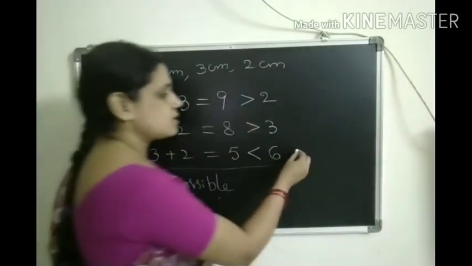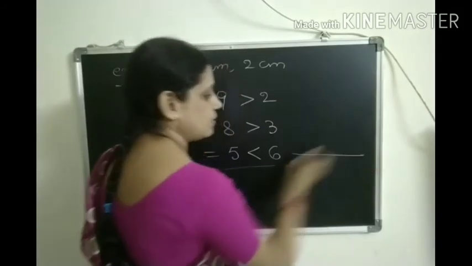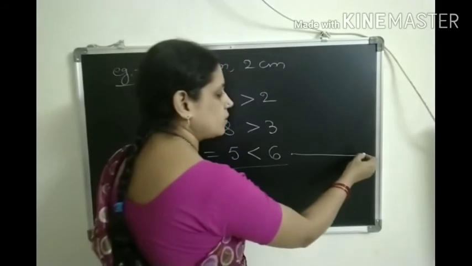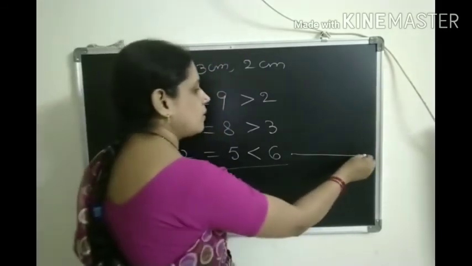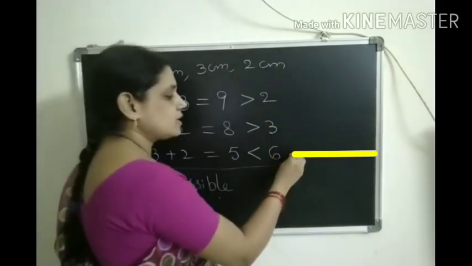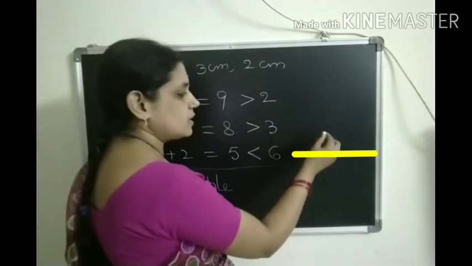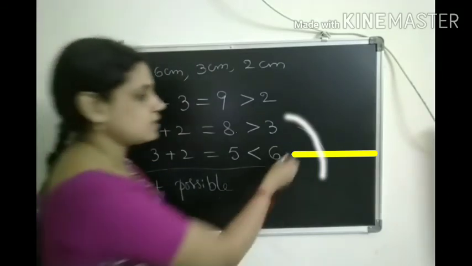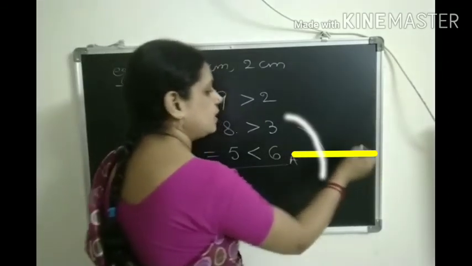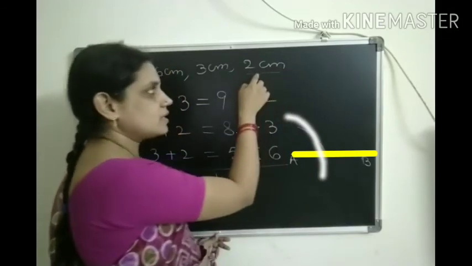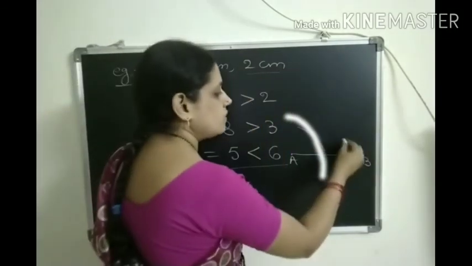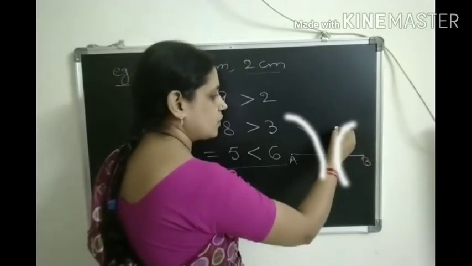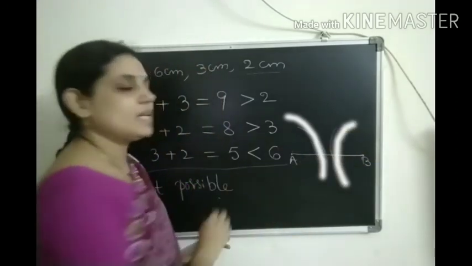So here 6 centimeters we can take as the base. Okay, 6 centimeters, you have to draw one line segment. That's what we are going to do in the practical geometry chapter. Okay, now with 3 centimeters we have to draw an arc using compass. With 3 centimeters you have to draw an arc using compass. Maybe this is A and B. Now from B, 2 centimeters. The third side is 2 centimeters, it is given. So with the 2 centimeters you have to draw one more arc from B. Okay, using compass. But they will not intersect.